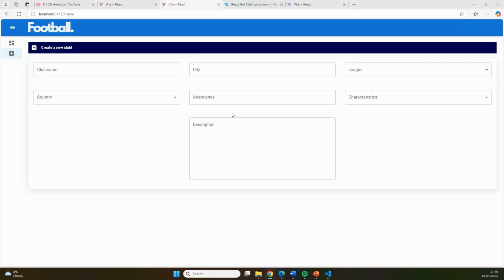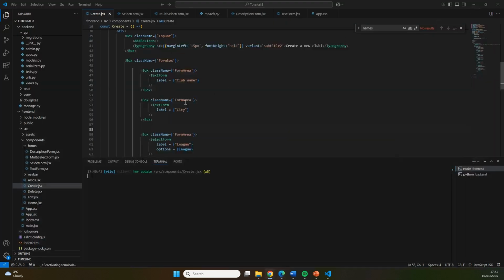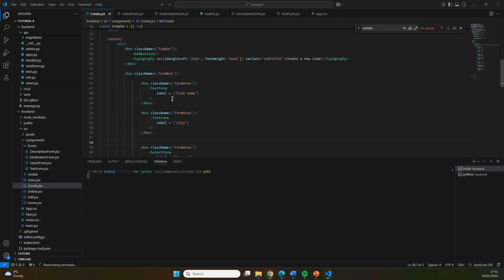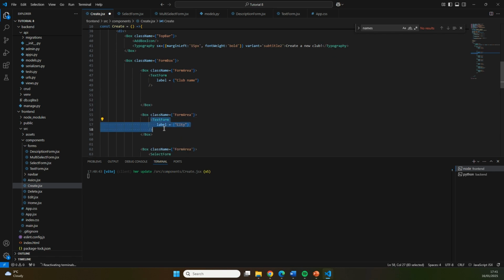Now, what if you would like to have the description form right here and the form structured a little bit in a different way around it? Well, the only way to really do that is to not have these things overload with grep, but actually put them in different sections like this, this, and this. And to provide you an example of what that could look like, is we can just use one form area and put multiple forms inside there. So if I would now put the text form for city also in the first form area,